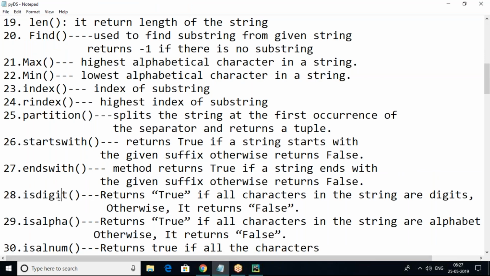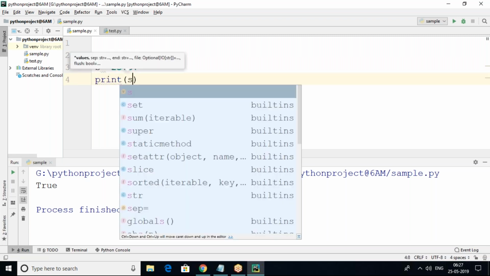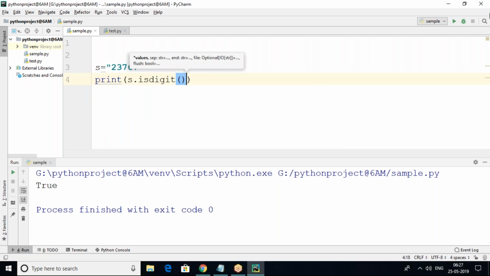Now coming to isdigit. isdigit returns true if all characters in the string are digits. It returns true completely if all characters in the string are digits, otherwise it returns false. Suppose s equals a string of digits, print s.isdigit. It returned true because all the characters are digits only.